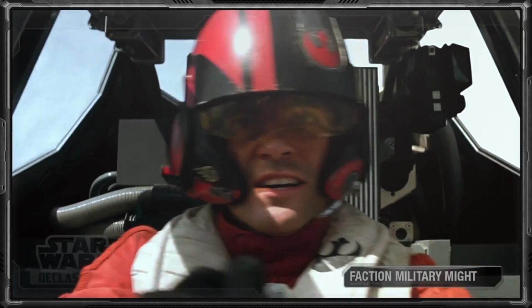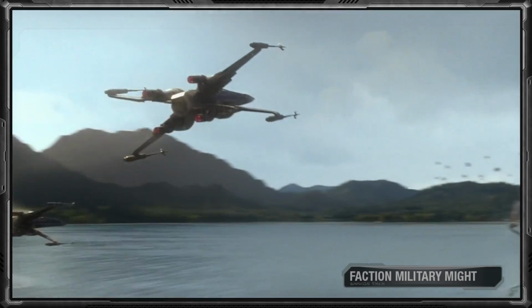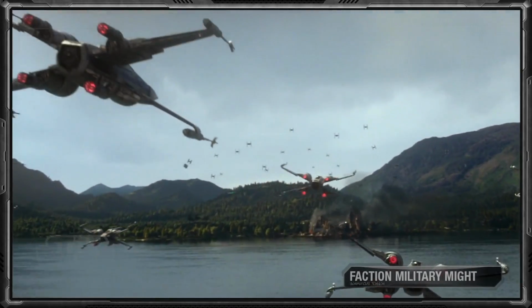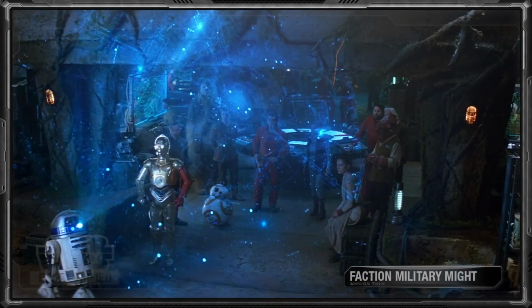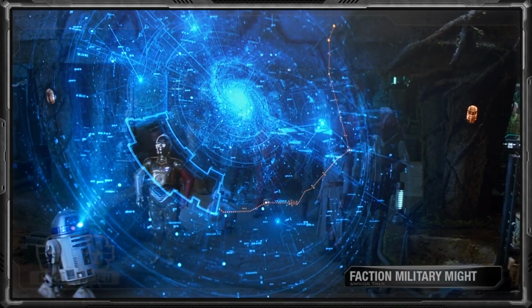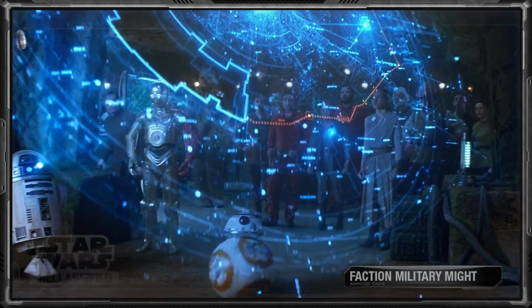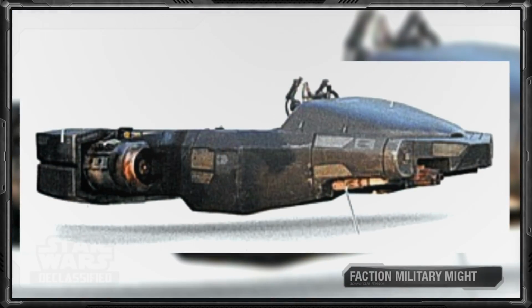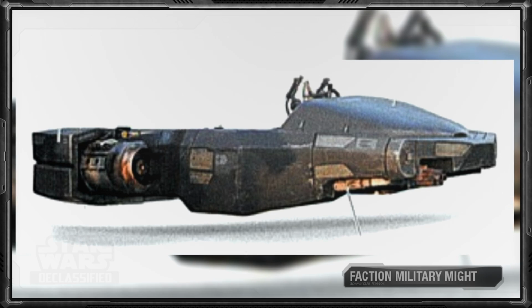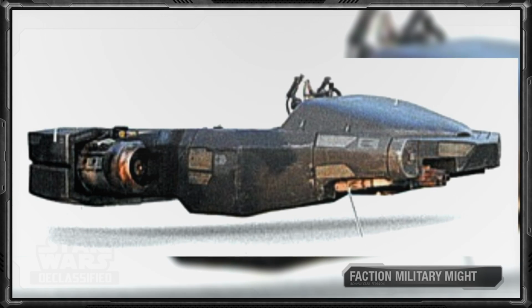To put into perspective how tiny and undermanned the Resistance was in terms of manpower, they did not even have enough actual people to man their capital ships, rather relying on droids to do the majority of the work. In addition to their tiny ground forces, the Resistance also had no armored vehicles other than the Geonosian 211, which was more of a patrol speeder than anything really used for military combat.